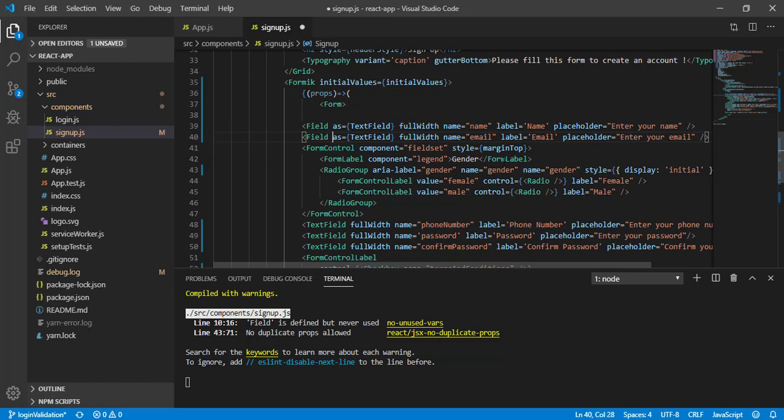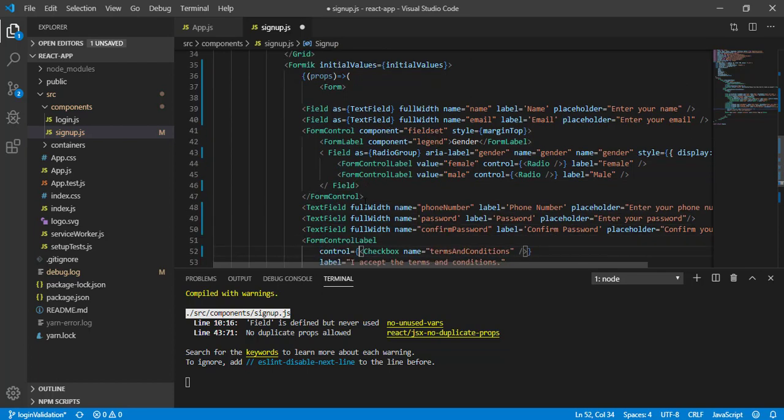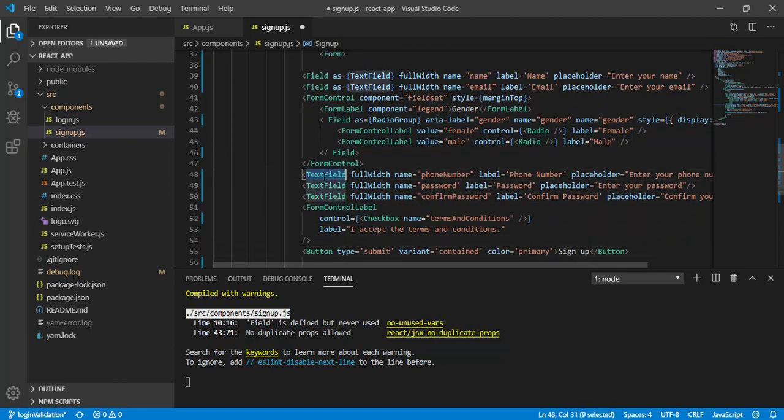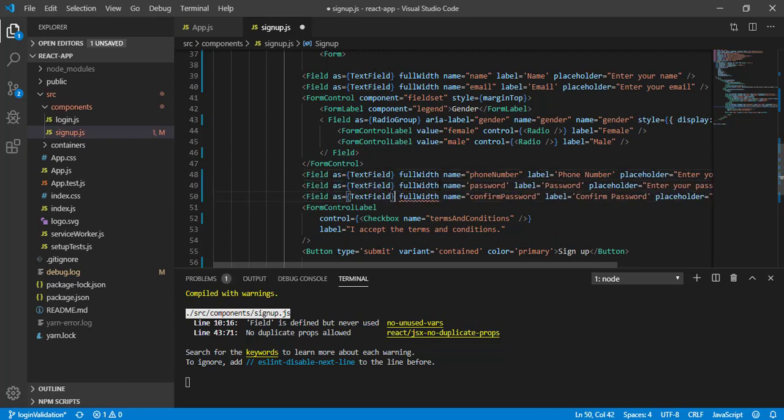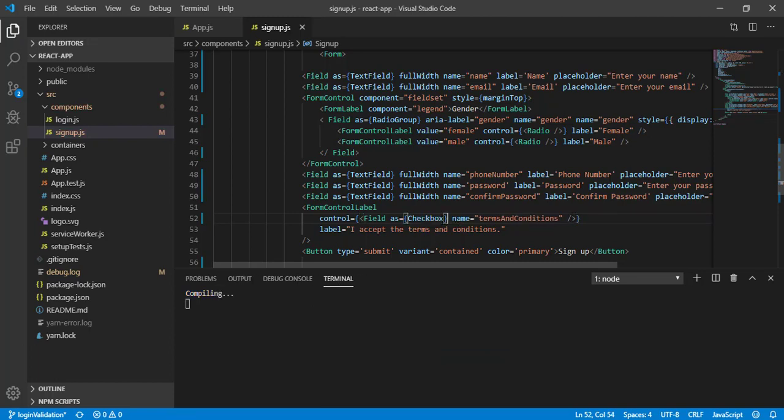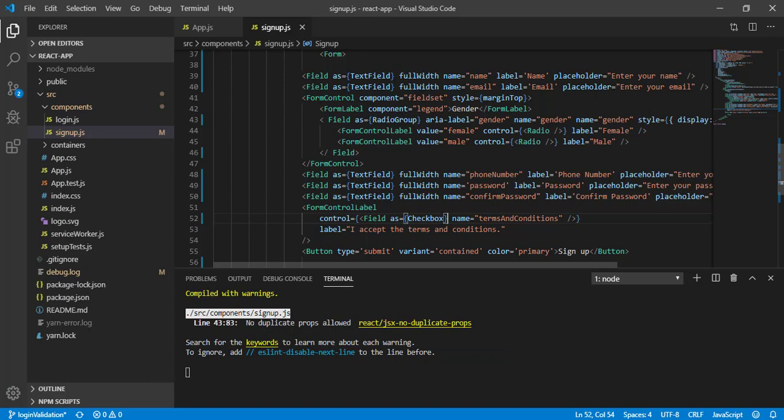Now we can do it here itself, we don't have to do it there. Here is the radio group, and here we can close this Field. Now let's come to this, and here we can do the same for the checkbox. Save it. Now we are done with this.